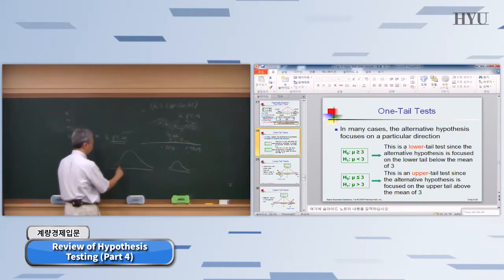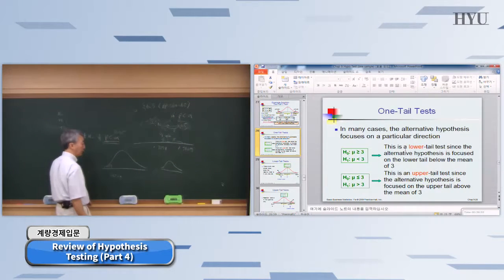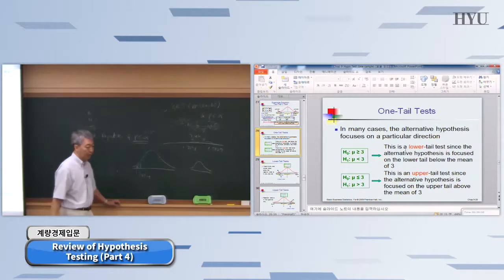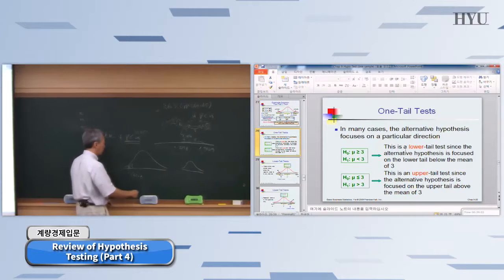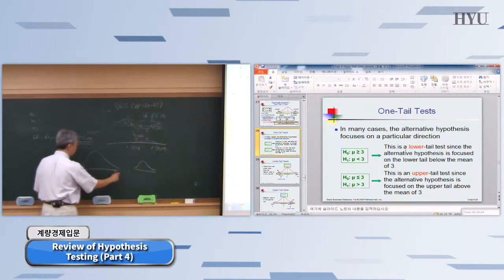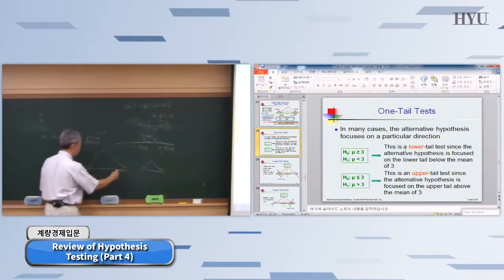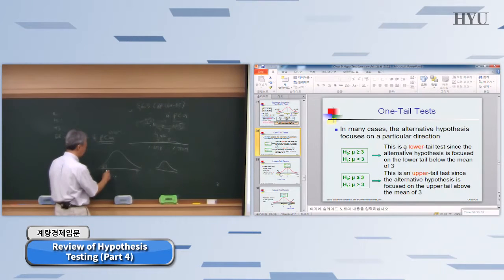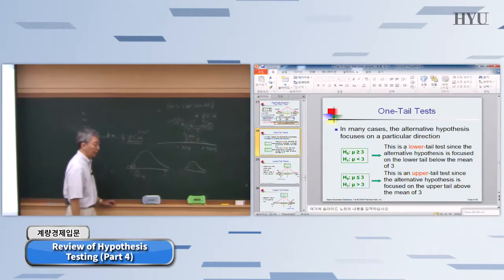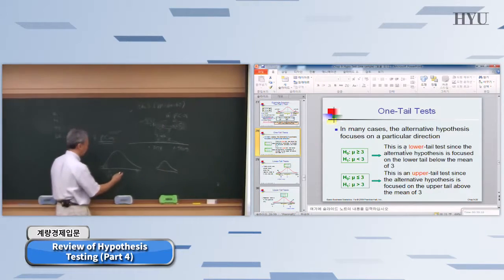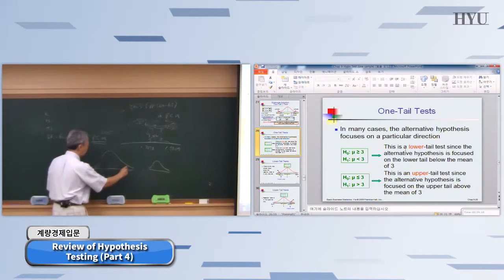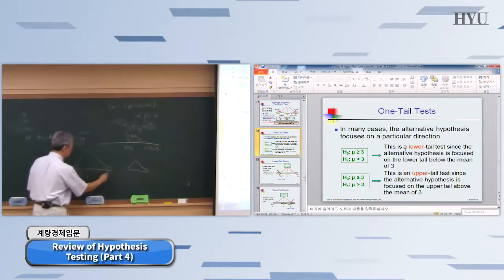So you're going to set up your rejection region only on the lower tail, right? And if your test statistic falls here, then you're going to reject the null hypothesis. Okay? Whether the test statistic is here, or something like, let's say this was negative 1.8, your critical value, right? And if the test statistic is here, or let's say here's positive 1.8,